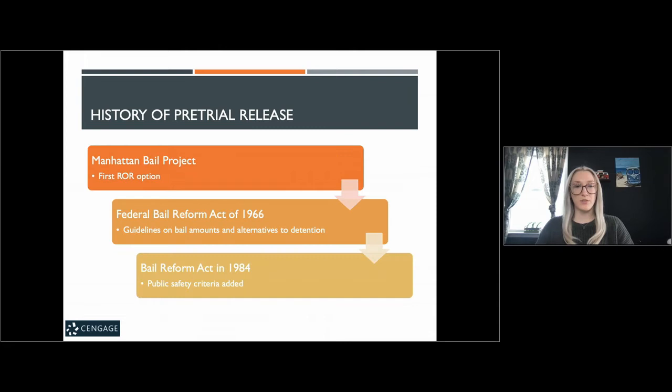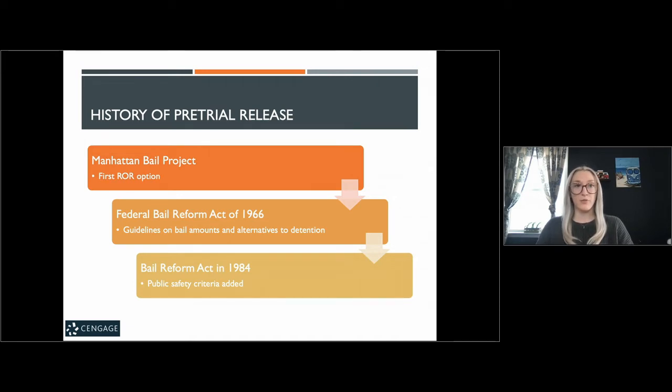So let's look at the history of pretrial release. Being detained during the pretrial process was shown to be a disadvantage to the defendants during the sentencing outcome, which led to us using release as an option. Those who were incarcerated pre-trial are actually more likely to be sentenced to prison and be given lengthier sentences than those who were released pre-trial. The Manhattan Bail Project was the first time that we acknowledged that release was valuable and necessary for these defendants, that we couldn't simply keep detaining all of them.